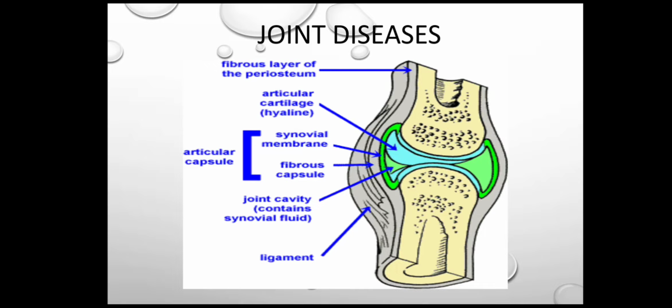The non-synovial joints lack a joint space and are grouped according to the type of connective tissue between the two ends of the bone. One is fibrous synarthrosis and the other one is cartilaginous synarthrosis. An example of fibrous synarthrosis is the cranial sutures, and cartilaginous synarthrosis is symphysis pubis and manubrium sternalis.